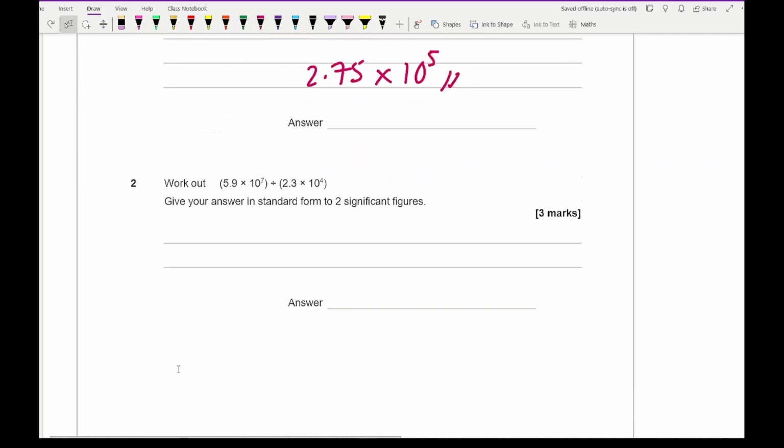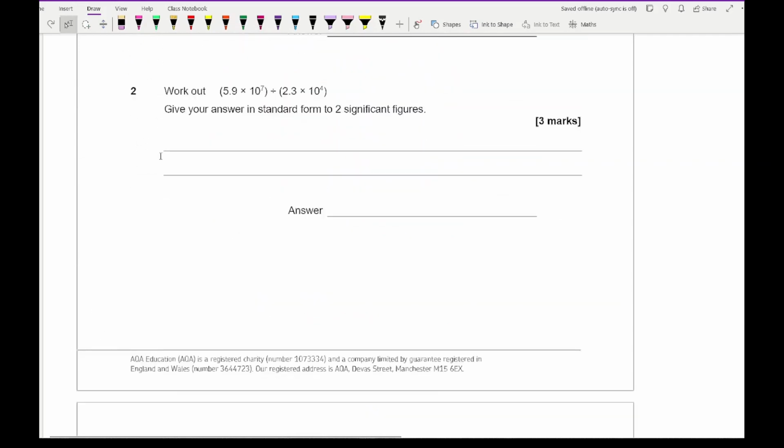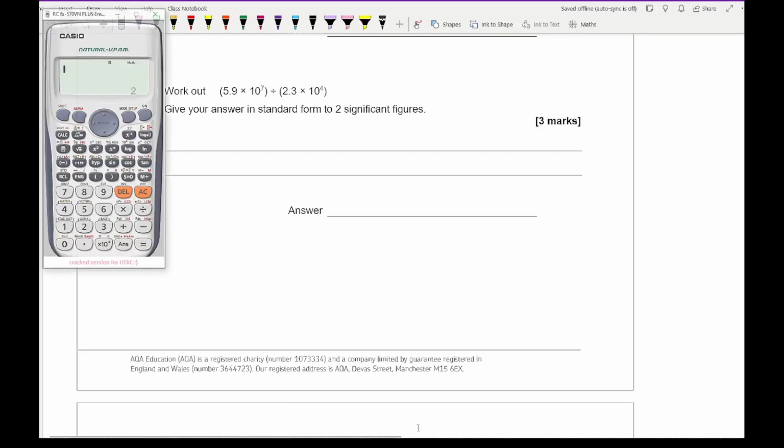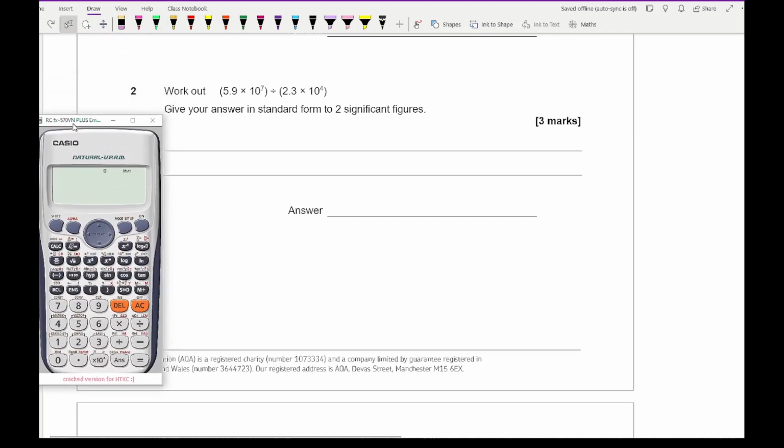Then moving on to our second question, it says work out 5.9 times 10 to the power 7 divided by 2.3 times 10 to the power 4. So again, going for our calculator, let's start by entering this in. Now I would strongly recommend using the standard form button on your calculator, and the only thing you need to do is type in the power, and divided by 2.3 times 10 to the power of 4 equals,